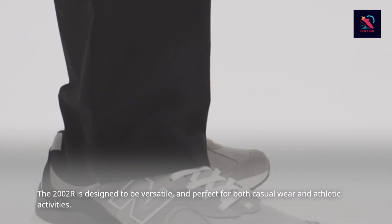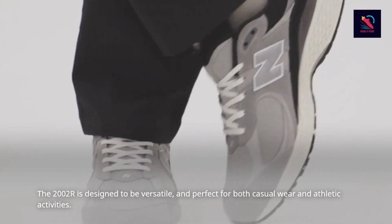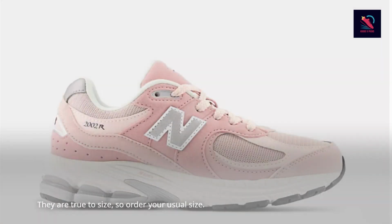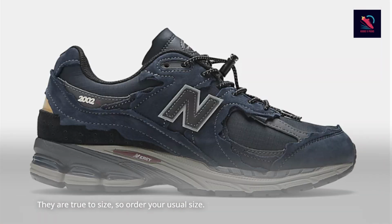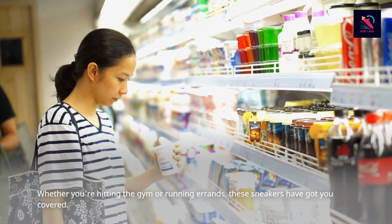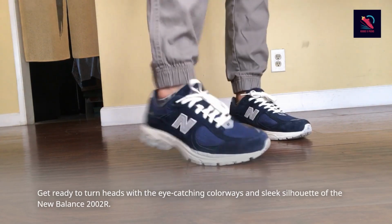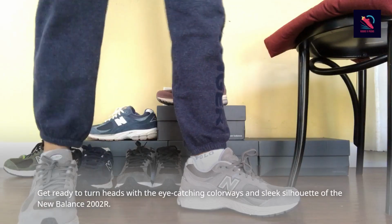The 2002R is designed to be versatile and perfect for both casual wear and athletic activities. They are true to size, so order your usual size. Whether you're hitting the gym or running errands, these sneakers have got you covered. Get ready to turn heads with the eye-catching colorways and sleek silhouette of the New Balance